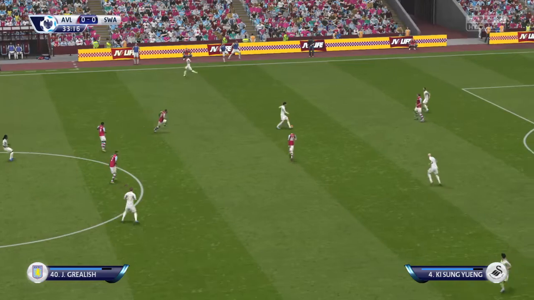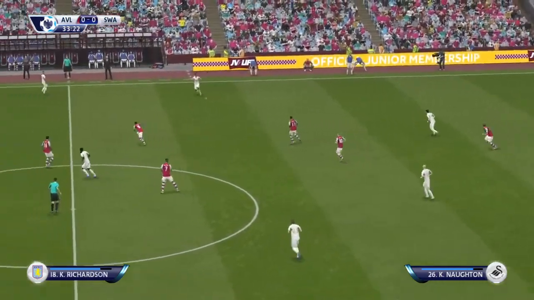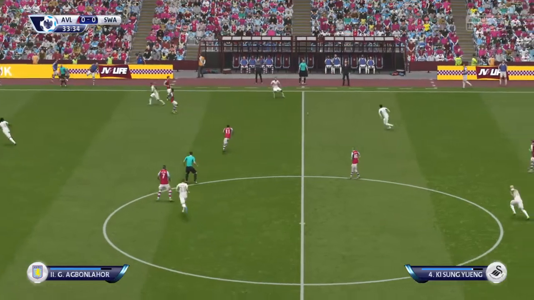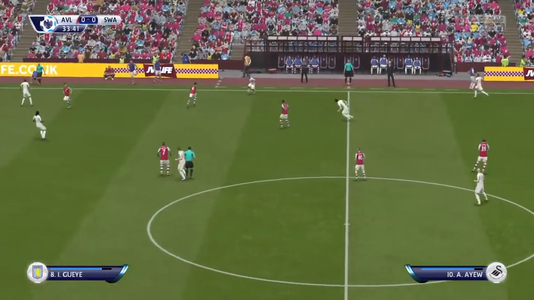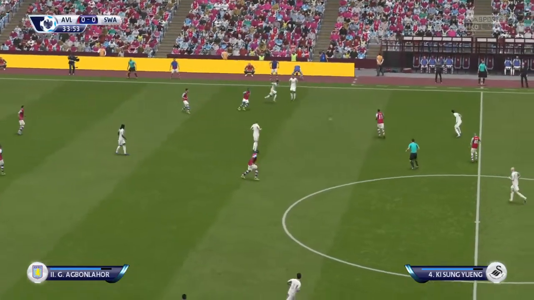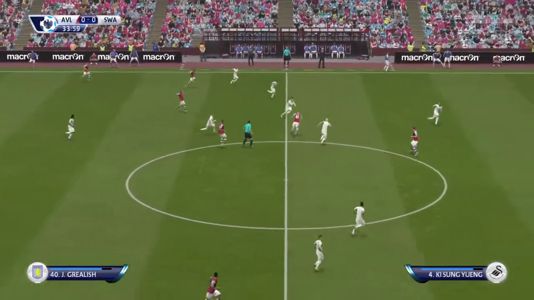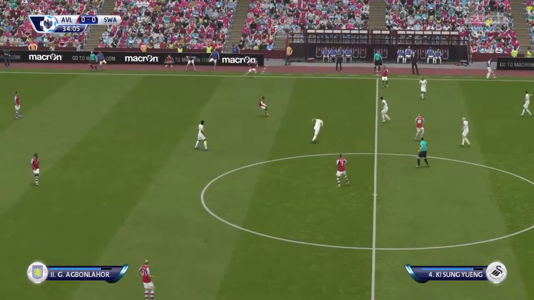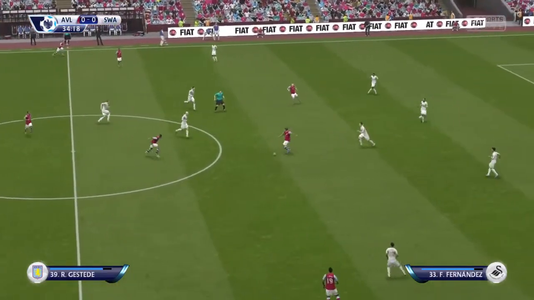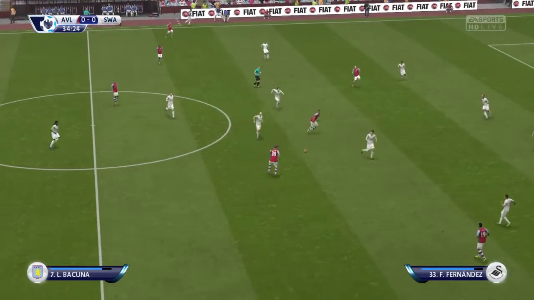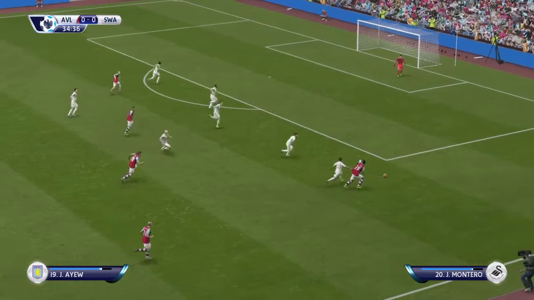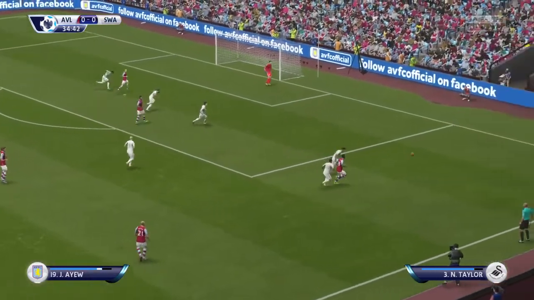Ki Sung-yueng. Andre Ayew. And the ball's gone again. Nice return pass. Leandro Bacuna. Jordan Ayew.